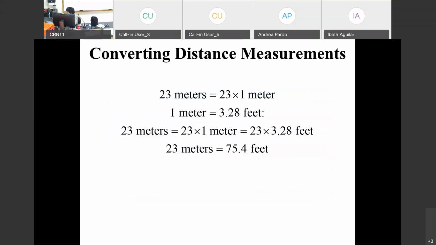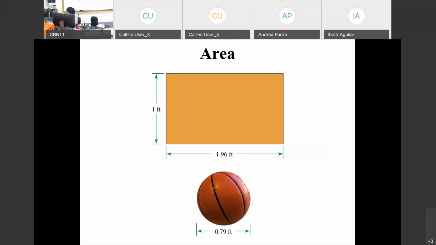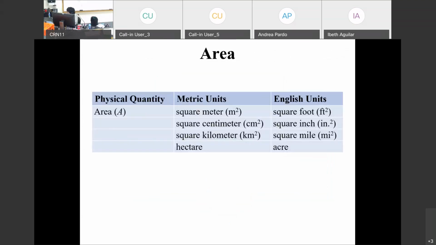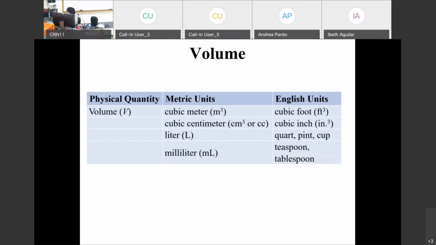All right? So we've done conversions already. So that's that for you guys. We did area conversions as well. So this is if you have measurements in feet. But we know in metric units, we're going to be using the square meter, centimeter square, kilometer square. And for volume,